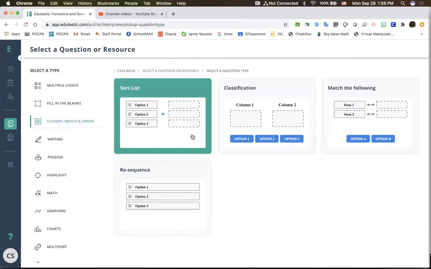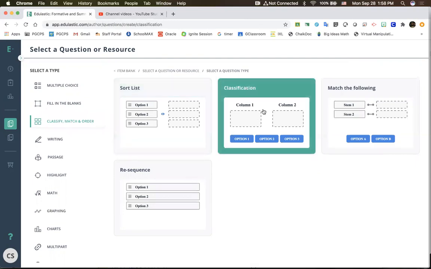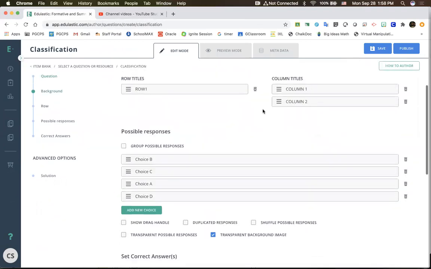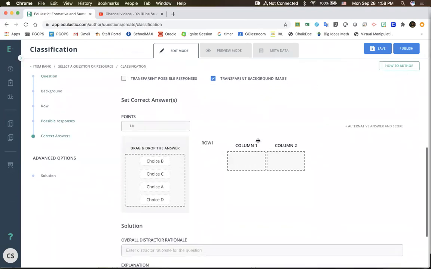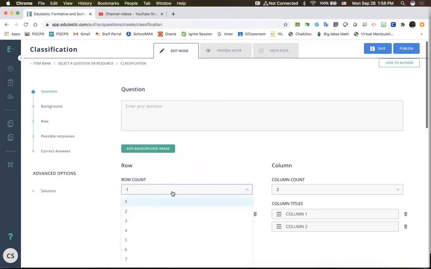We have classify and matching, which I always love for vocab to start. And then also there are different math problems that are similar. It's a really quick way to just give them a few, like 4 or 5 math problems in one problem, and they got to solve all of them. But you can do this with characters of a book, historical figures and their dates, or historical events and their dates, multiple different things. This is a really cool one, the classification, because it's almost like vocab, but it can be so many things because you title your,